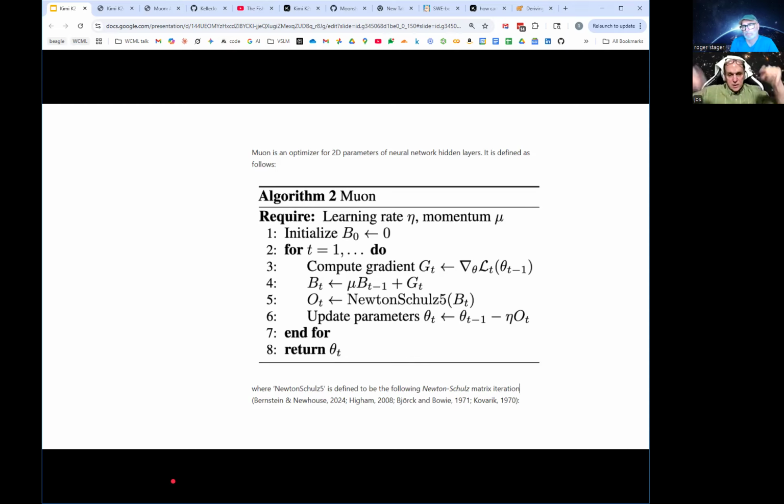So the steep sides of the valley have a high curvature, so you're going to divide by a large number and slow down the gradient. And in the long valley direction, you have a very small curvature, and so you divide by a very small number, which really speeds it up. So you get the speed up, and it normalizes. When you do it really right, it turns the long skinny valley into an actual bowl, and you really go right to the optimum solution in one step of Newton's method.